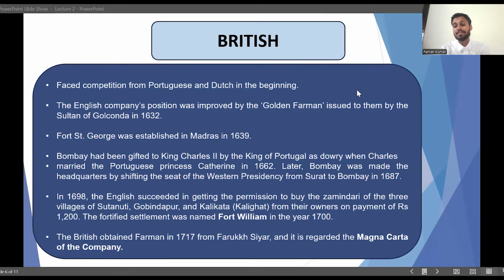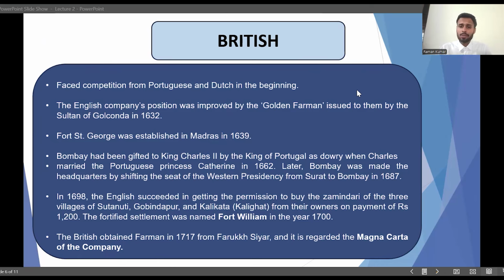This Fort William is a very historic place. It became the center of the 1756 event of the Black Hole, and we will discuss that in later lectures as well. British officers who later came to India all first learned about Indian culture in Fort William. Then they proceeded to work in different parts of India. We will come to that as well.